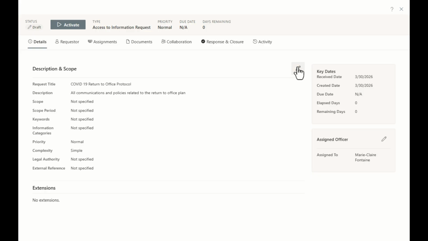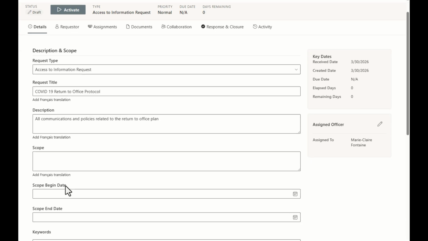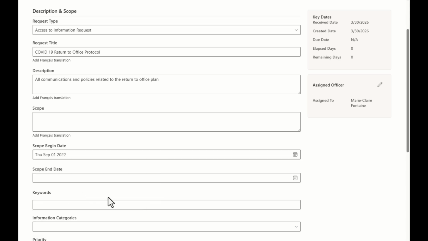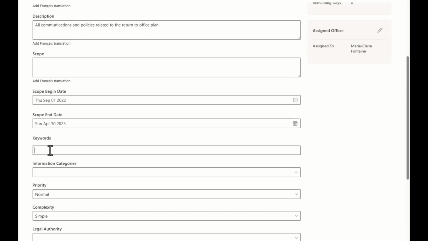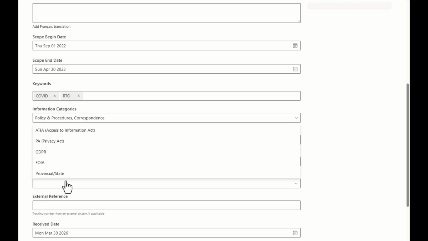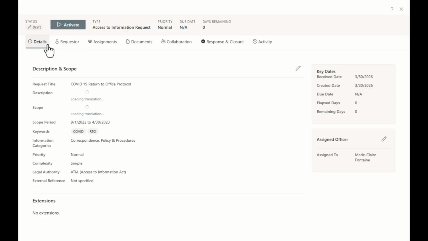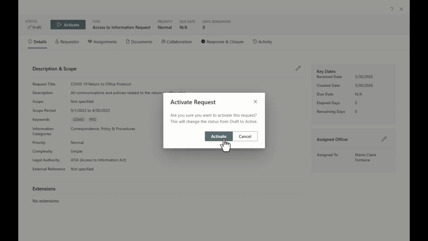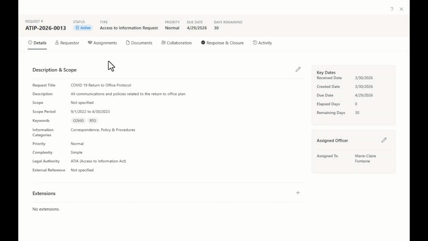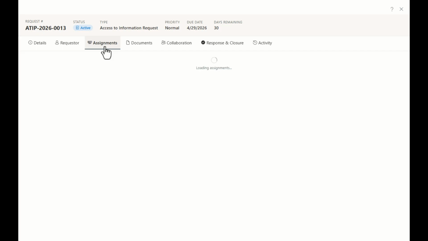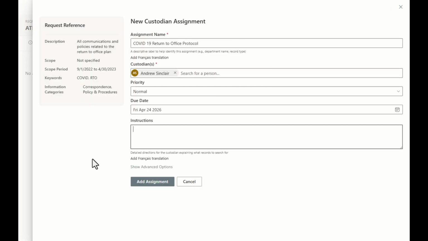You can see there's a lot more information we could add versus the new form. You can come in and add details about scope, the scope dates, where this search should fall within, keywords for the search, as well as complexity, priority, and the legal authority for it, and other information. Once the officer clicks activate, now the search is active, and they could click over into the assignments where they